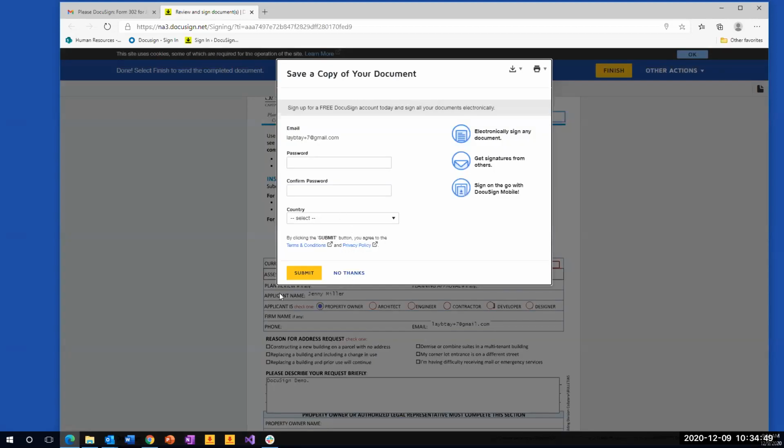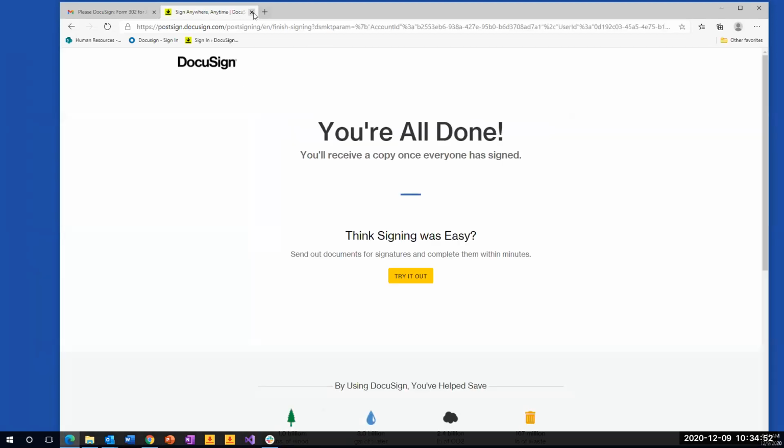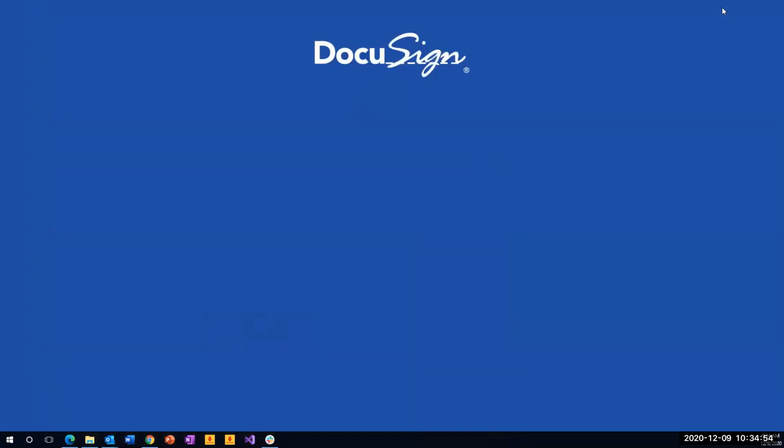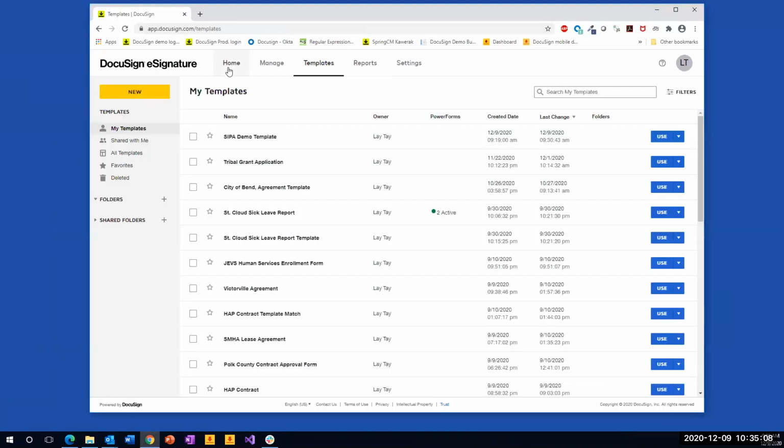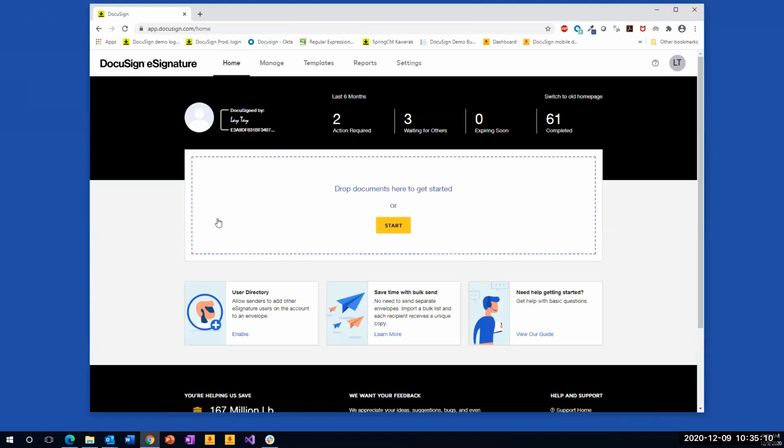And now the form goes to the second stage of the workflow, which is to come to me as the approving officer. Okay. Now, as an approving officer, I have a couple of choices. And because I have a DocuSign account, instead of going to my email and seeing that notification, I can log on to my account using my browser or an app on my mobile device, right? And let's say that this is a browser I prefer.